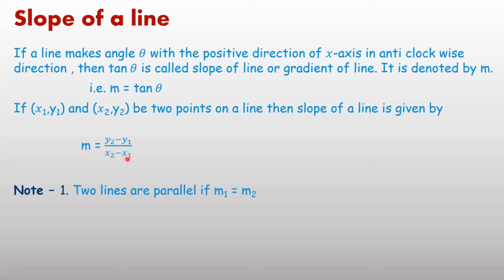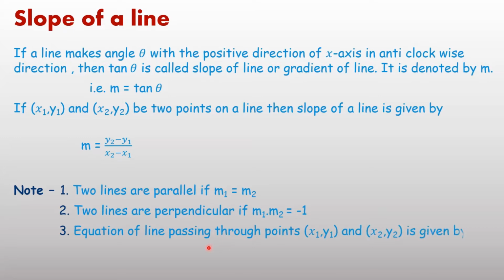These parts you have covered in the previous class, and also you have learned in class 11 that if two lines are parallel, it implies the slope of the first line equals the slope of the second line. If M1 represents the slope of the first line and M2 is the slope of the second line, then the slopes are equal. And second result, if two lines are perpendicular to each other, then the product of slopes equals minus 1. And third,